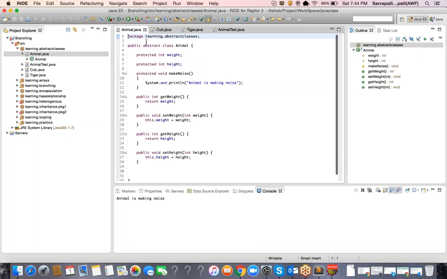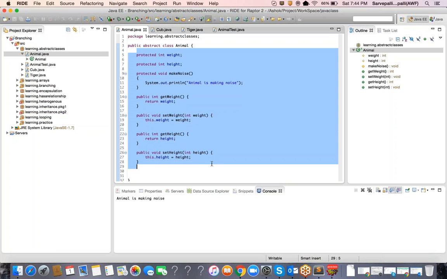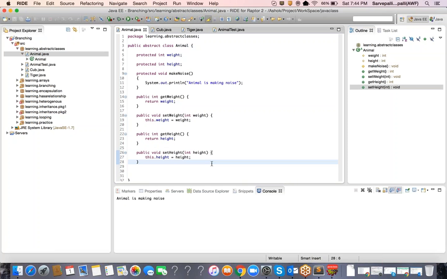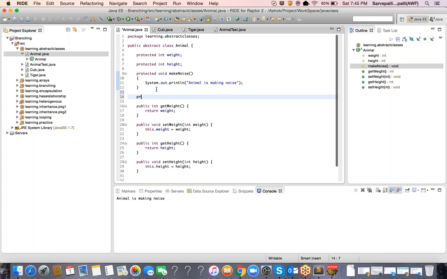Whenever you want such a requirement, you need to make the classes abstract. In an abstract class, you can have one or more abstract methods, or you may not have any. Here, I don't have any abstract methods. But still, you can force a relationship on the child class. What do I mean by forcing? If I make some methods abstract here, abstract means I will define only the signature, not the body. So I'm going to put protected